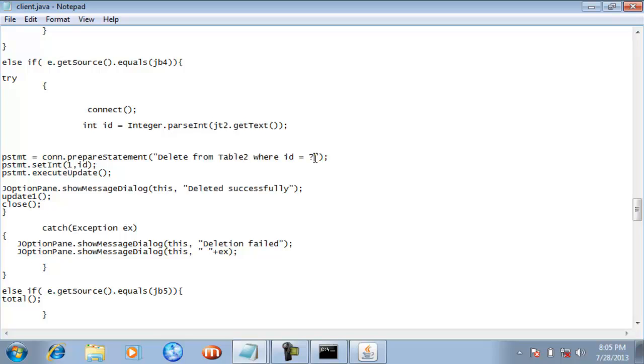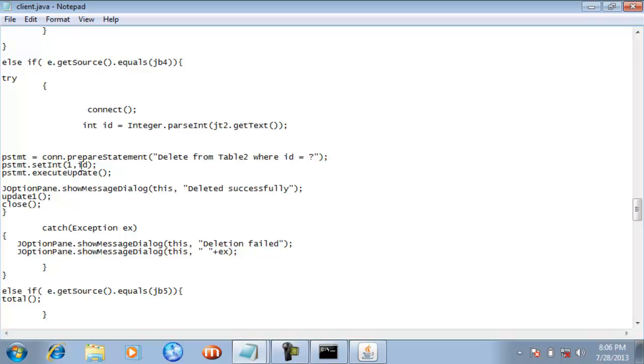Now I have written a question mark here, so which ID you want to delete I have not given here. If I want to give the value of that ID, I give it with the help of this statement, pstmt.setInt, and here I have written 1. So this 1 is pointing to this question mark.